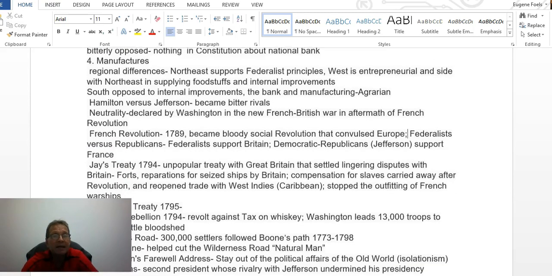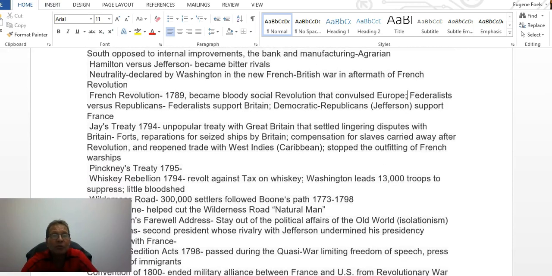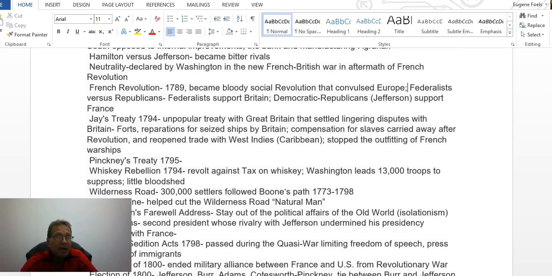During the 1790s, the French Revolution is going on, and because of this, Hamilton and Jefferson are going to become very bitter rivals. The Hamiltonians basically are pro-British oriented because they're trade oriented. They're commerce people. They're commercial manufacturers and shipbuilders and traders, when most of the trade at that time goes on with Britain. Whereas the agrarians, the Jeffersonians, support the French in this battle.